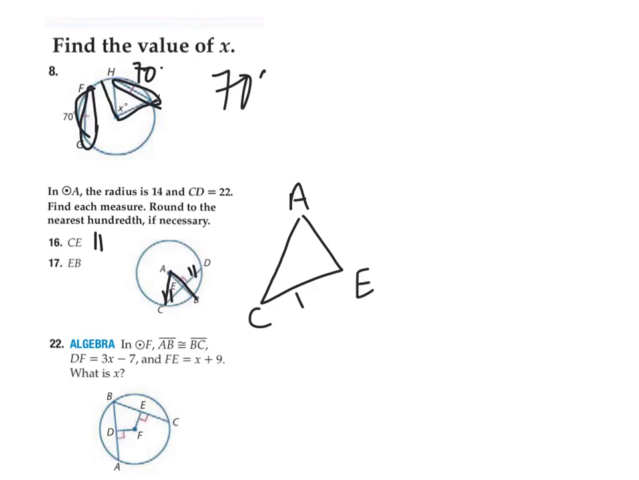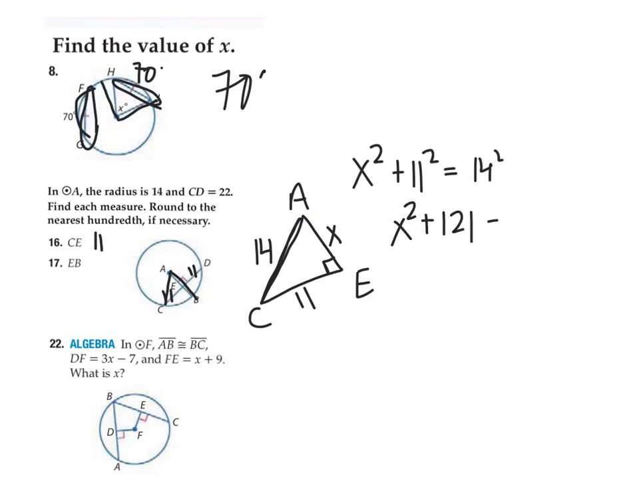We found out that this is 11. Now AC is also what in the circle? AC is a radius, and the radius is 14. And because this is perpendicular here, we can use the Pythagorean theorem to find out what x is. Let's see, I'm going to say x squared plus 11 squared is equal to 14 squared. So x squared plus 121 is equal to